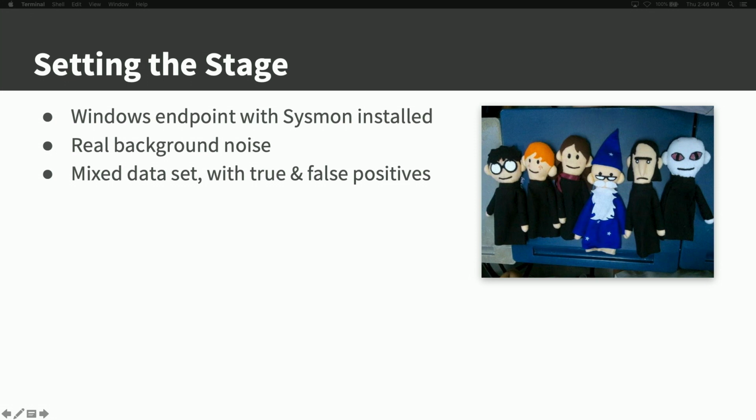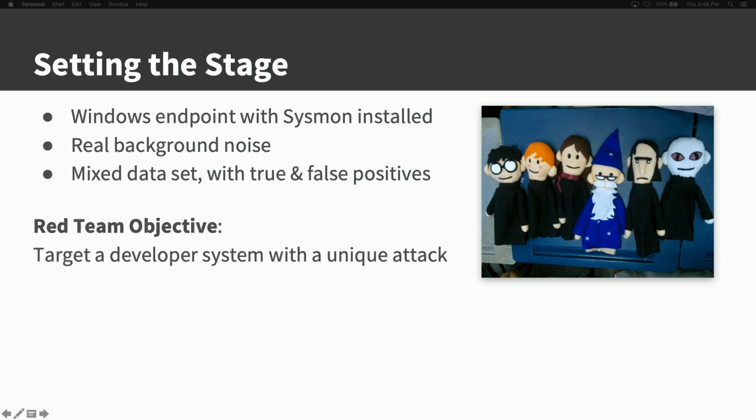other data types. We wanted to introduce real background noise. So I let this run for a while and installed several tools on it, so that Ross would have to decide what was real and what was false positive. So in this data set, there were really four things. There was normal user activity. There were some specific atomic tests. I executed a real adversary emulation test, and then I executed a test that, to my understanding, no one has